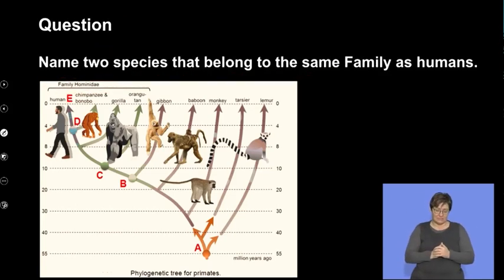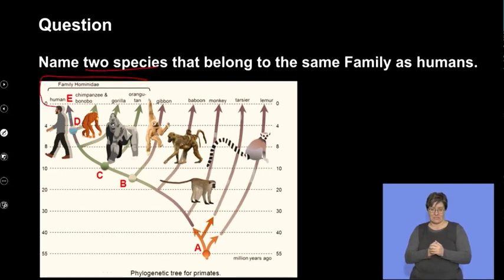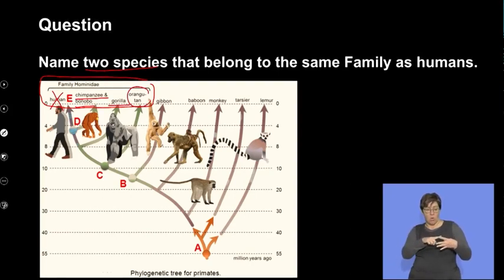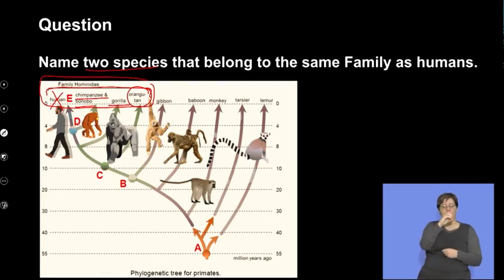Next question, name 2 species that belong to the same family. So here we go. It's told me the family has humans. So don't use humans because they've already told you. You have then got 4 to choose from. The chimpanzee, the bonobo, the gorilla, or the orangutan. Right. All of those, see, they fit into the bracket that's telling us these are part of the Hominidae family,